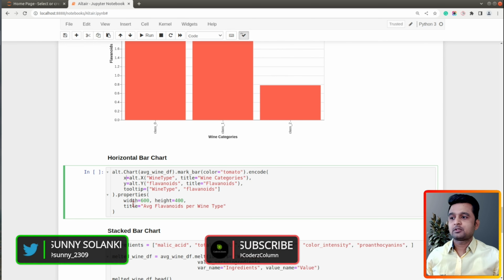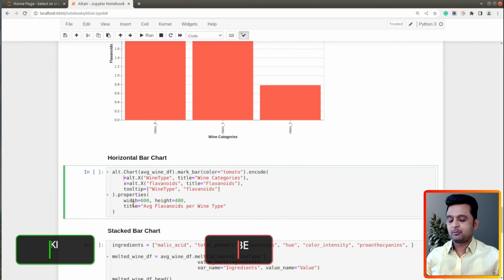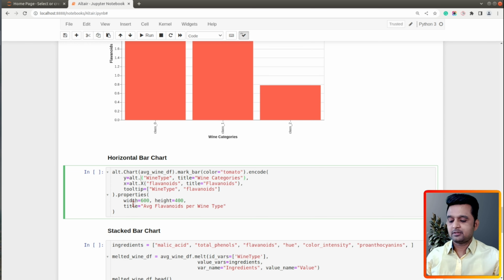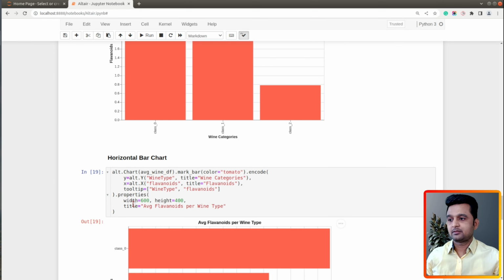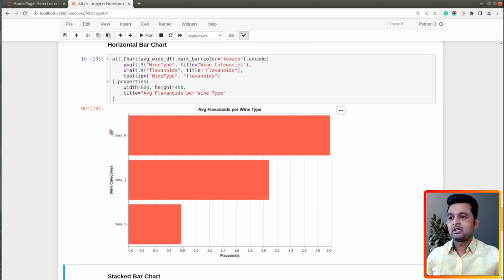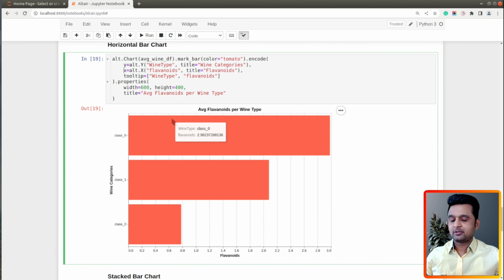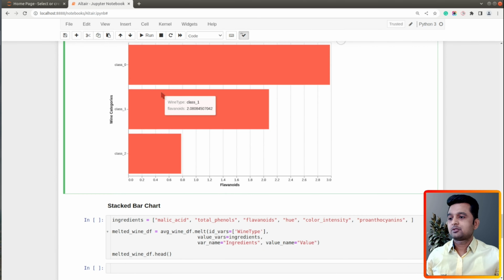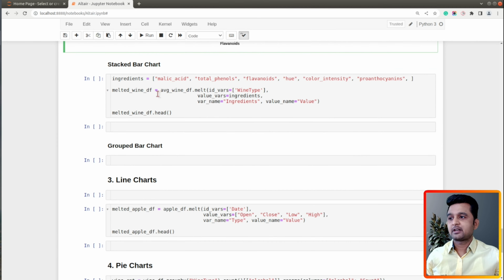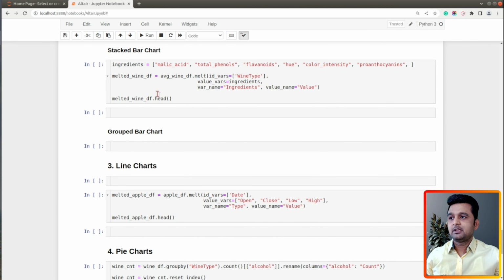Now, in order to create a horizontal bar chart, for x-axis, I'll be using flavonoids, and for y-axis, I'll be using wine type. So let me just modify that, and that is the only change that we need to do. Let me execute this and show you the result. So as you can see, here we have a horizontal bar chart. It was that easy to create a horizontal bar chart using Altair. So let's move on and create one more bar chart type, which is quite commonly used, and it is